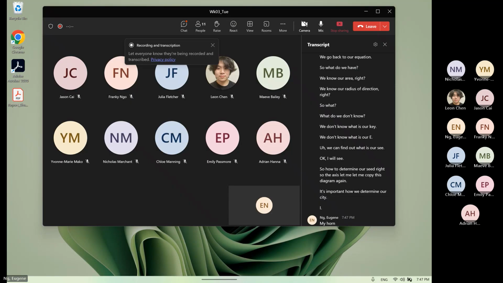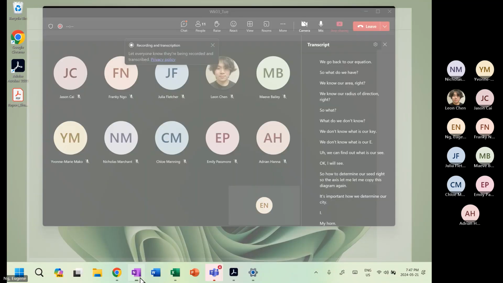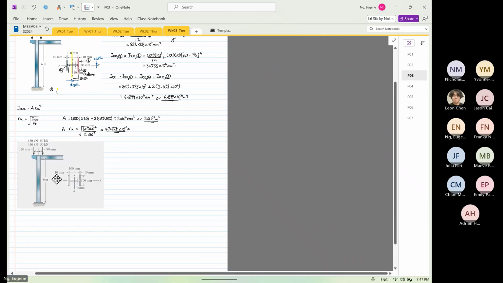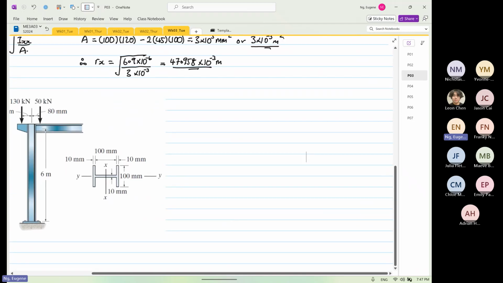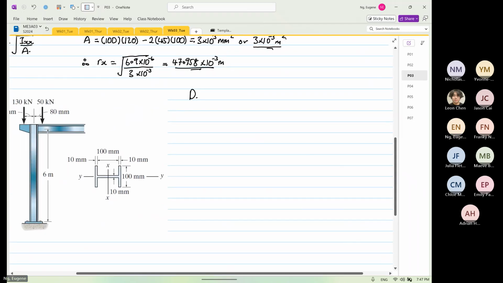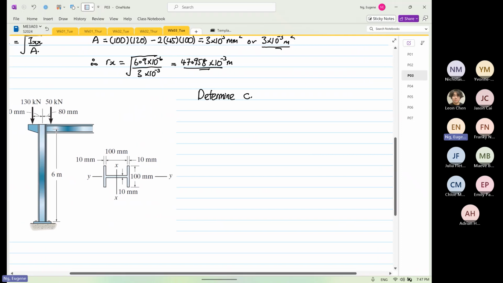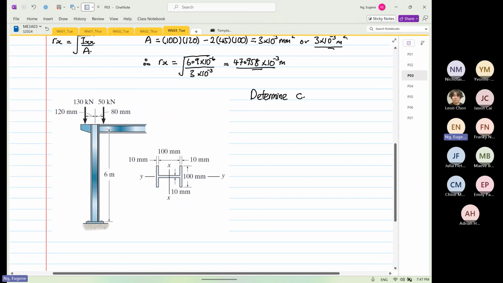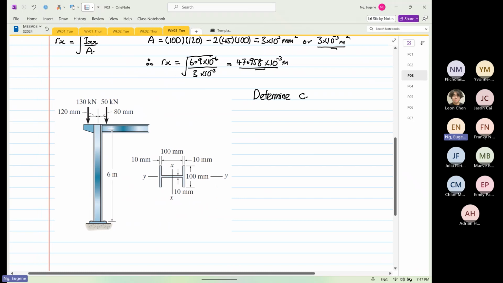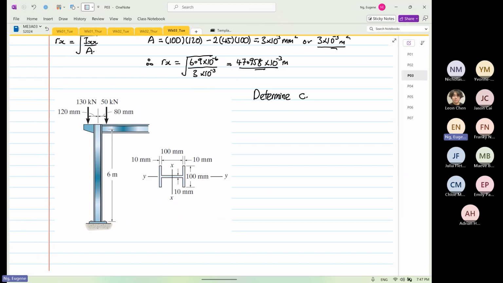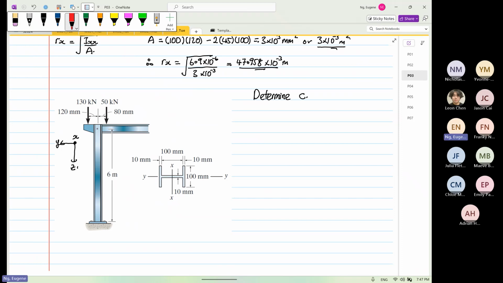Hold on. Okay. So next is to determine our C. Right. So if you look at C, before we determine C, we have to see which axis our structure will buckle. So we know that this is our X, we know that this is our Y, and we know that this is our Z. The axis that it will buckle, right, is this direction,